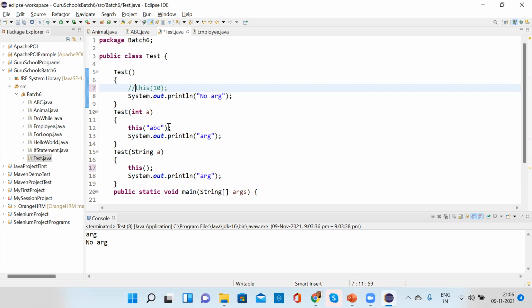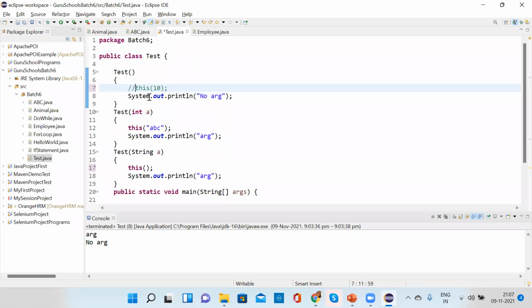We cannot do recursive calls, because I think it will create a loop calling this to int and parameterized. I think we cannot call the same.